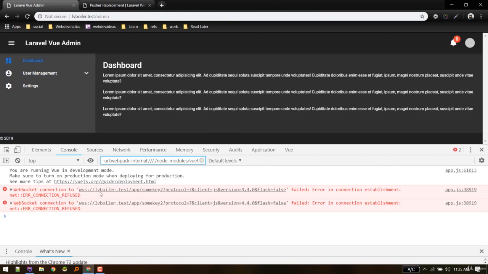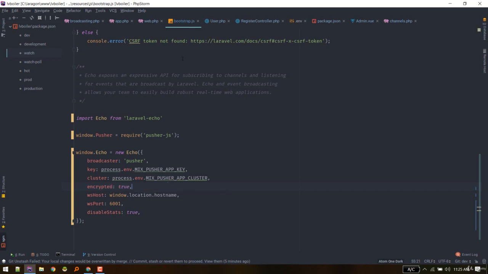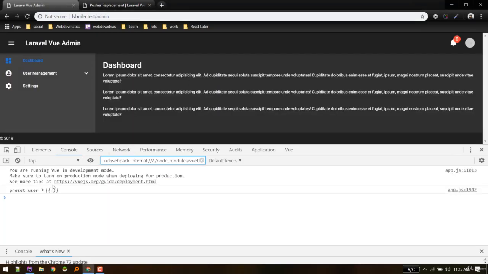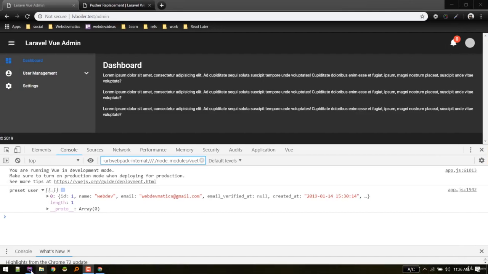After setup, if you get an error like this, in my case it was because of bootstrap.js. We don't need this encrypted equals true, so remove that. Also remove this, and now if we refresh, yeah,